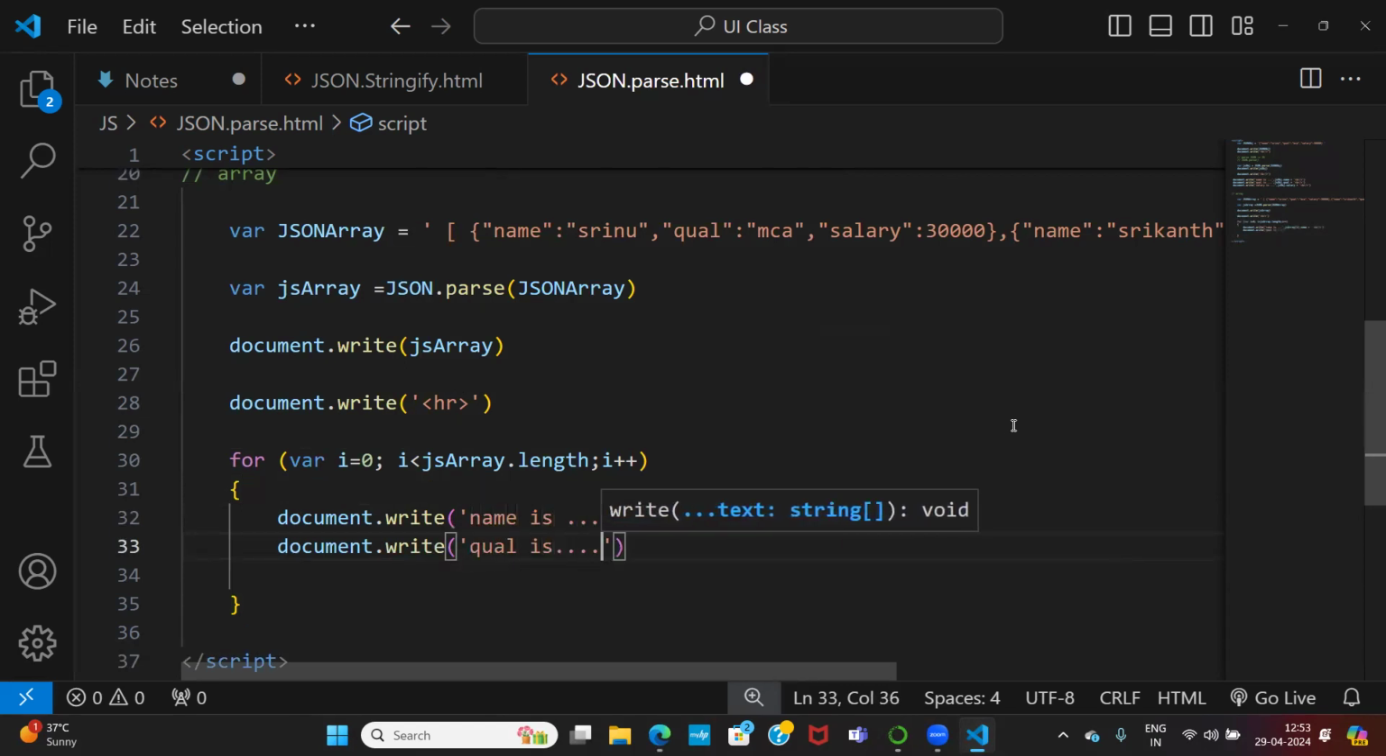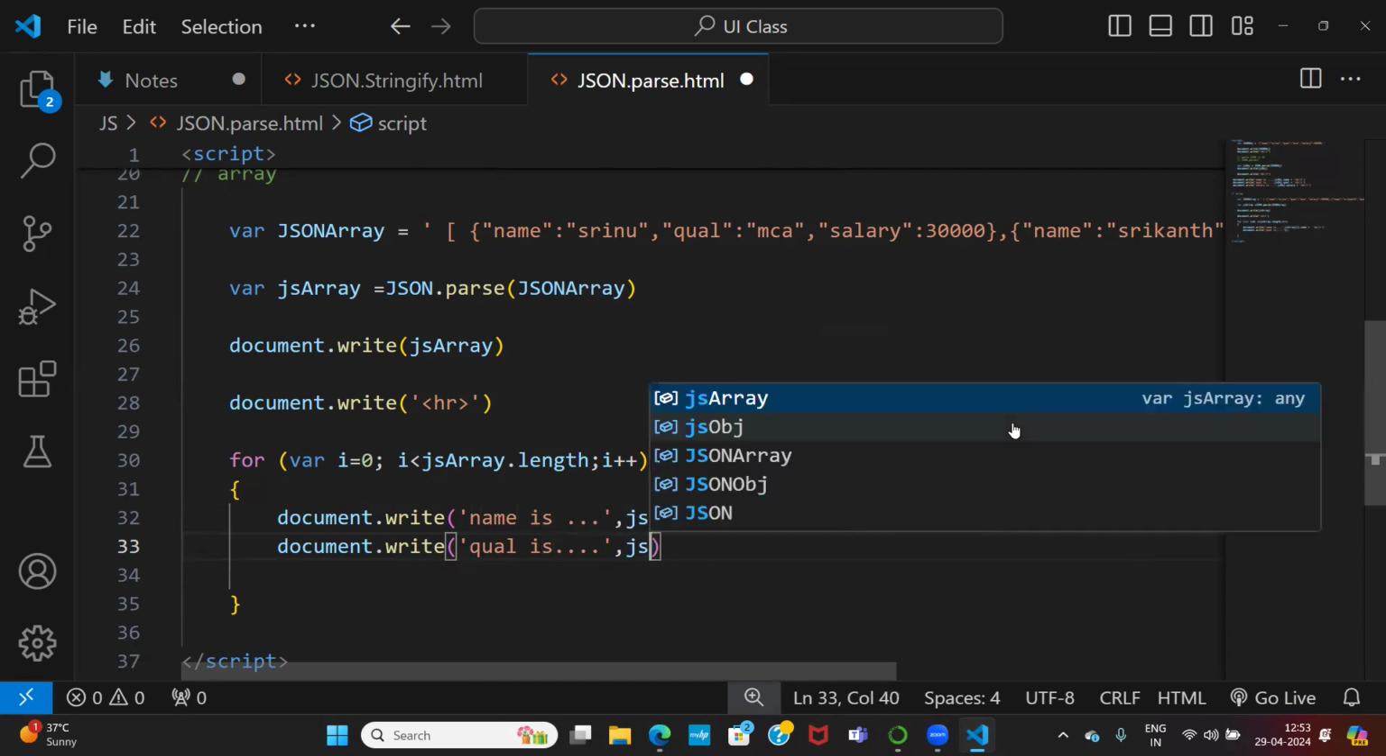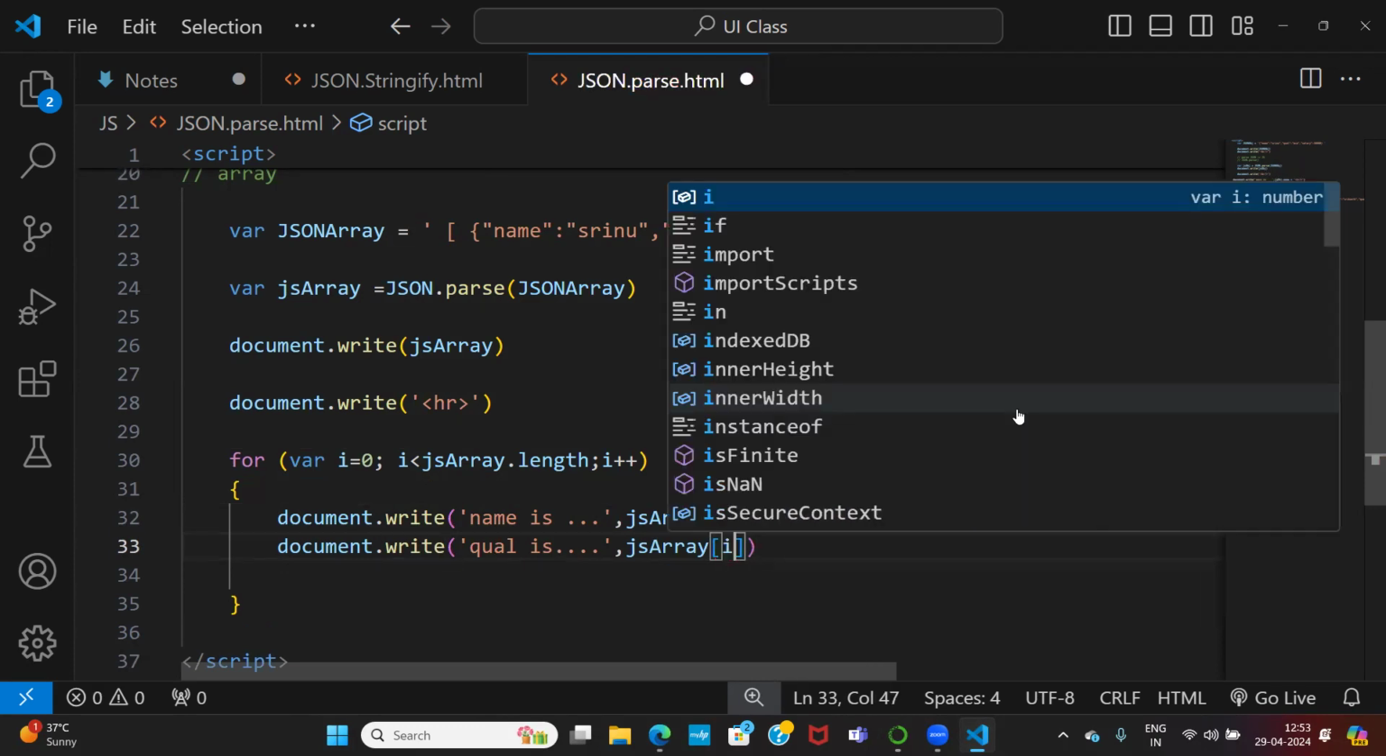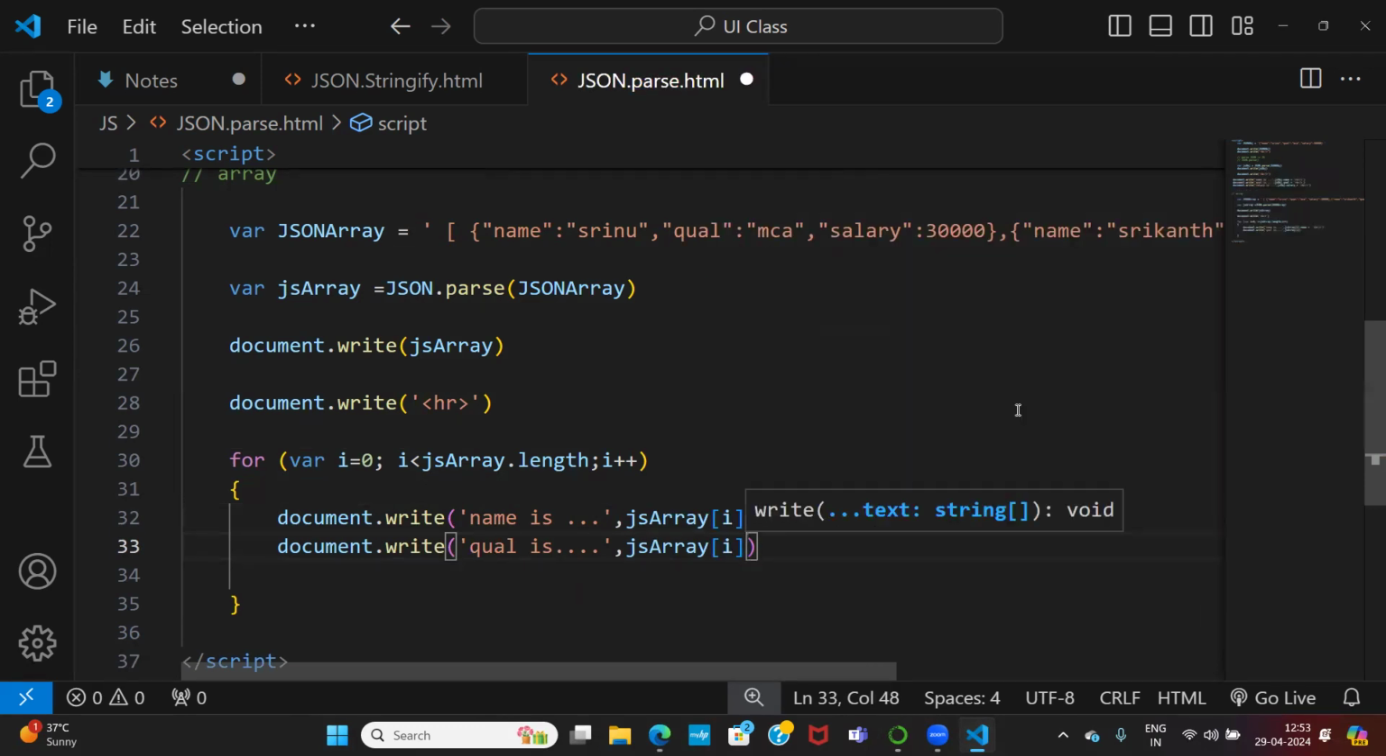Qualification is, JS array of i dot qualification. We need the index. The i value is 0 the first time, 1 the second time, 2 the next time. Even if it has thousands of values, with a single loop it will iterate and print into the HTML, this time the qualification, plus